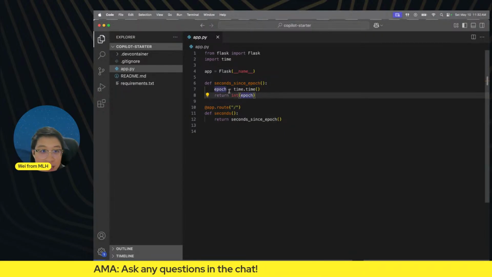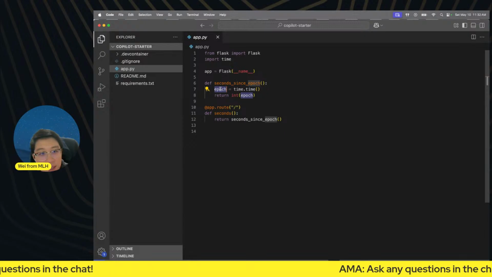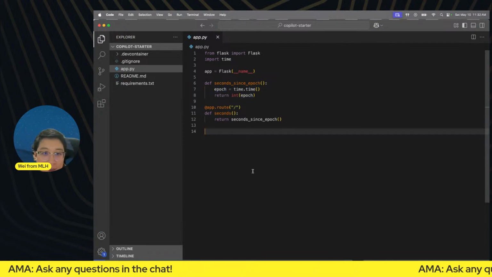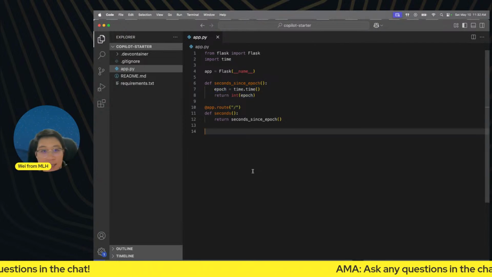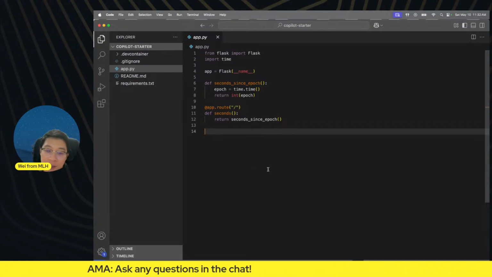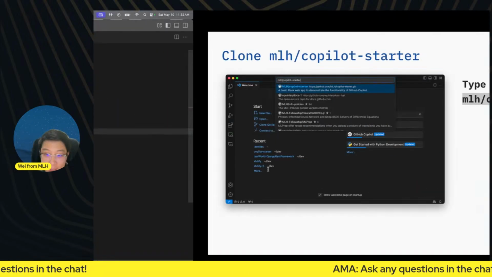But when I first looked at this word, it's so foreign to me. I have no idea what this means. I thought, is it Disney? Like a Disney park, Epcot? Is it related? I had no idea what this meant. And I didn't have Copilot at the time. But now, with the help of Copilot, we can easily look at this piece of code as a beginner. I don't need to know anything about it. And all I have to do